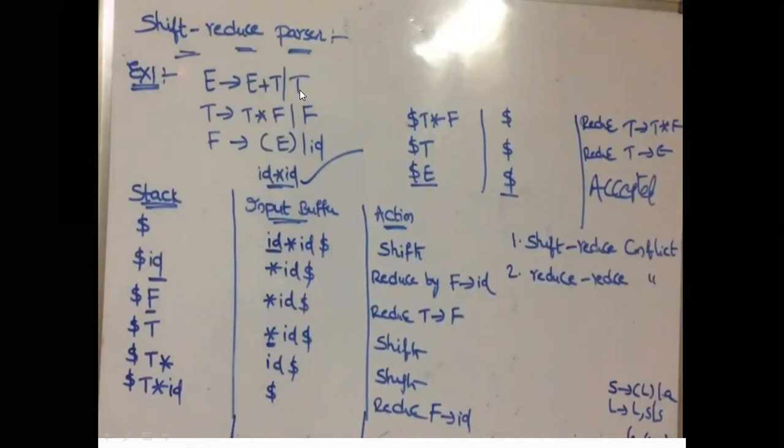So that means we are having the reduce statement here. The reduce statement is this T is replaced with the left side non-terminal capital E, that is E is production with capital T. So this is the reduce production, and we are having to shift this star into the stack. So this is the shift action as well as the reduce action. So both actions we are performing, shift and reduce, at a time.